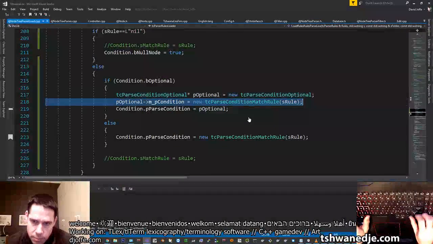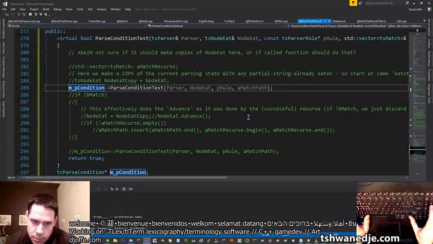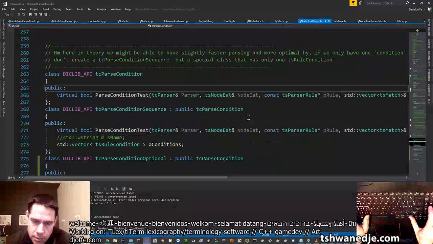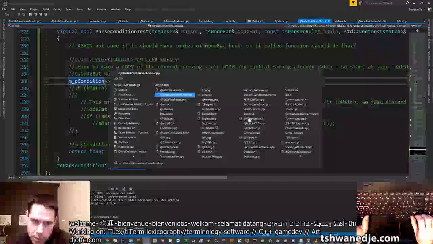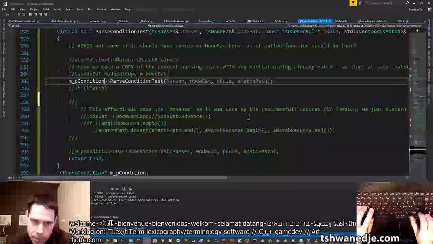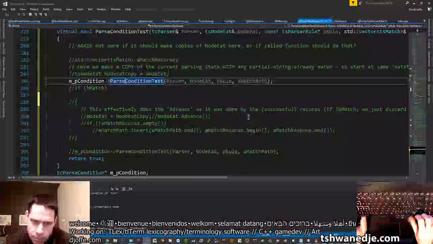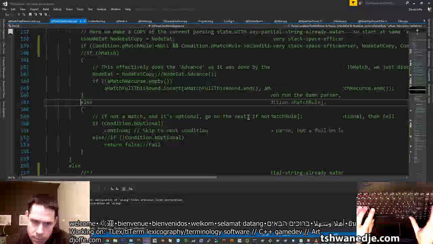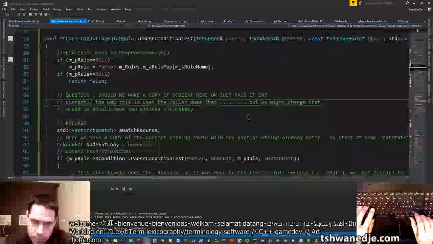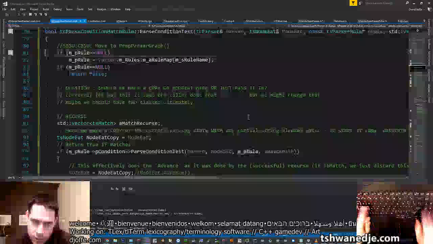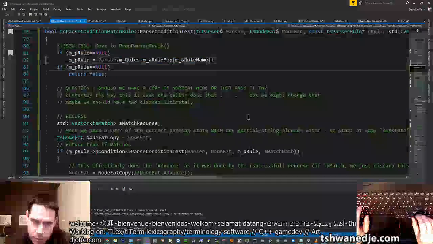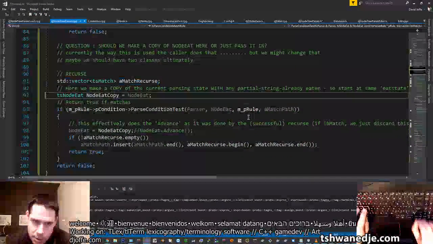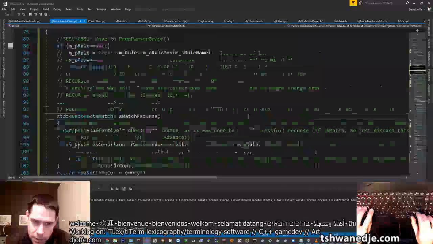A normal condition match rule, and that will internally handle. I don't need to know whether it succeeded. It'll internally find the rule in the map, otherwise return false, recurse, make a copy of node,